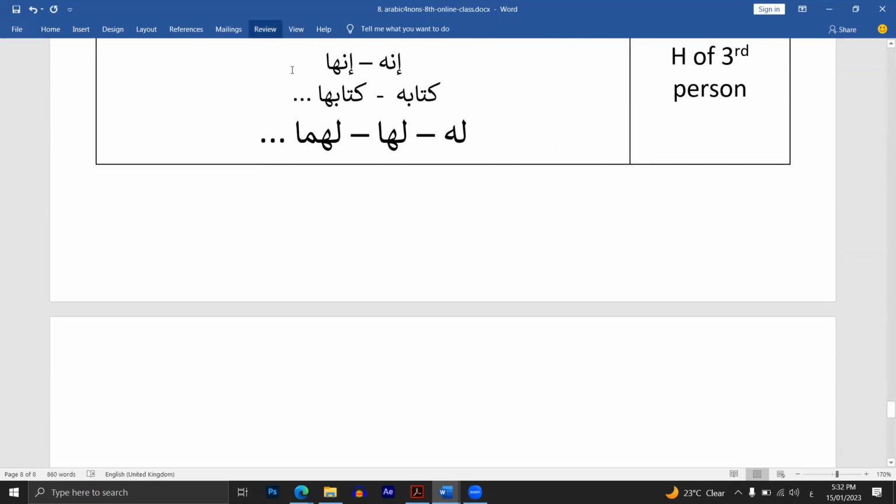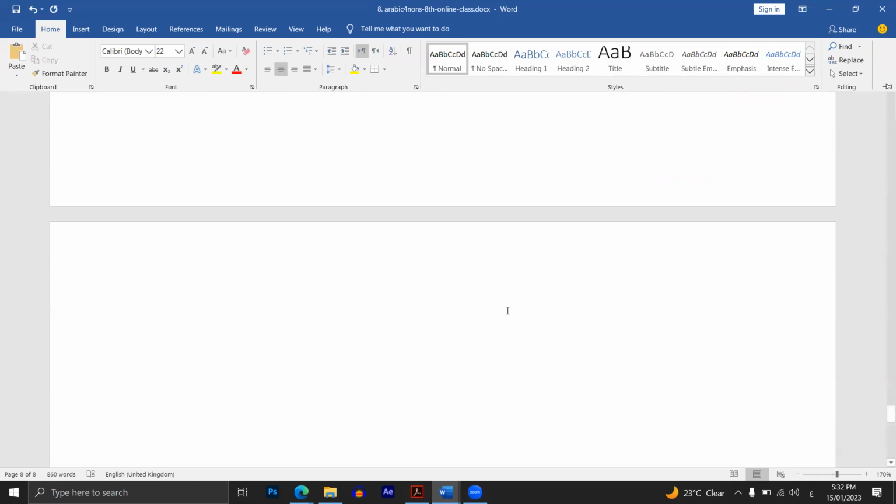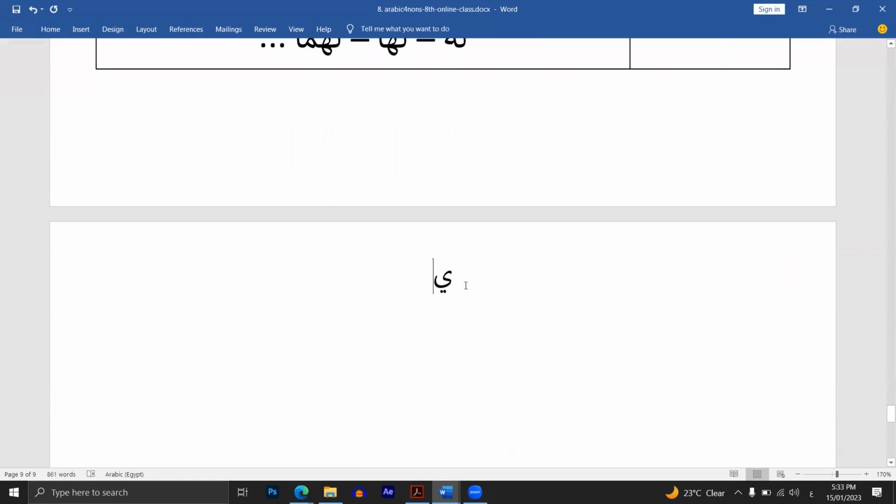As a summary, how many pronouns serve as objective pronouns? We have yeah, and this time it will show up as ni, noon and yeah: ياء المتكلم. We have كاف الخطاب. We have هاء الغائب. And again we have نا المفعولين. Once you see one of them joined to a verb, it will be the object of this verb. And moreover, these four pronouns can be connected to a noun, preposition, or inna.